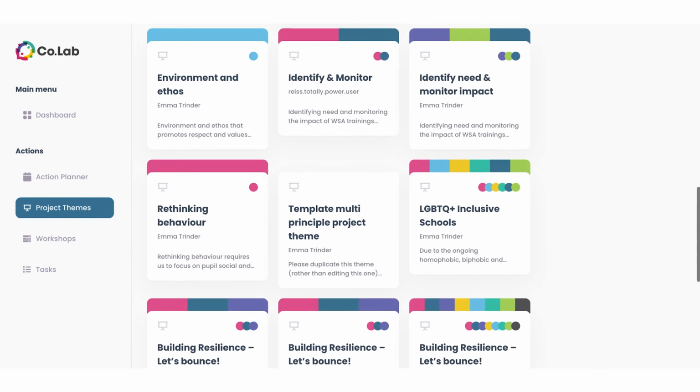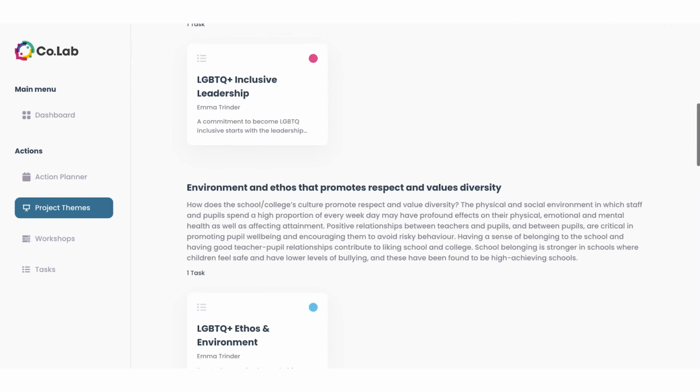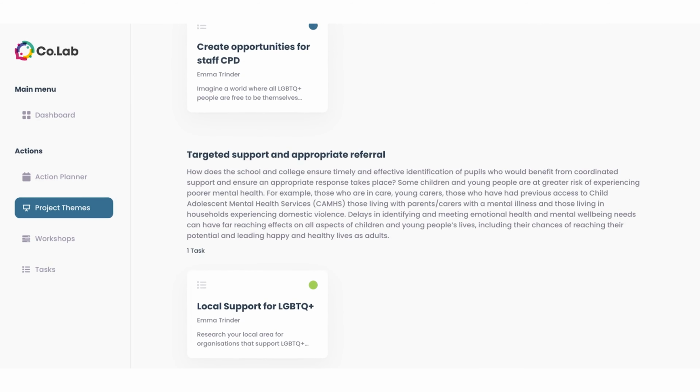So maybe that's LGBTQ+, racism or equalities, or mindfulness, focusing not only on targeted interventions, but other areas that schools need to consider for successful implementation, like policy language and communication of new mental health plans to staff, pupils and parents. This next phase for Co.lab looks to solve any gaps or challenges on the platform, smoothing out your